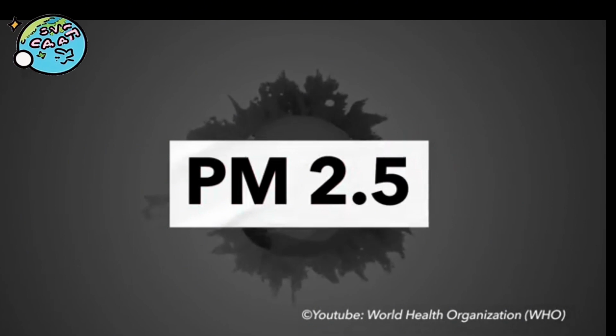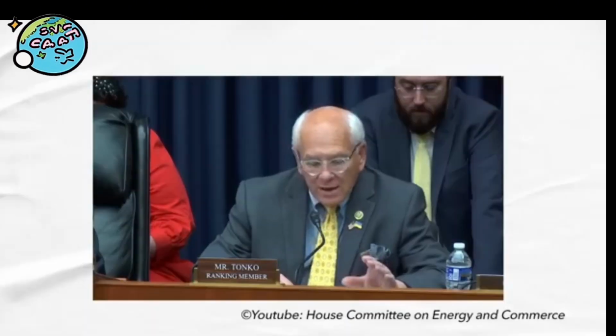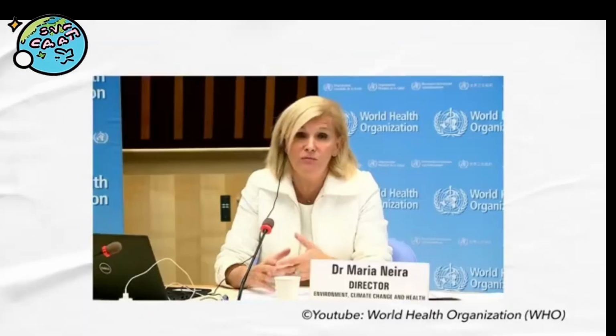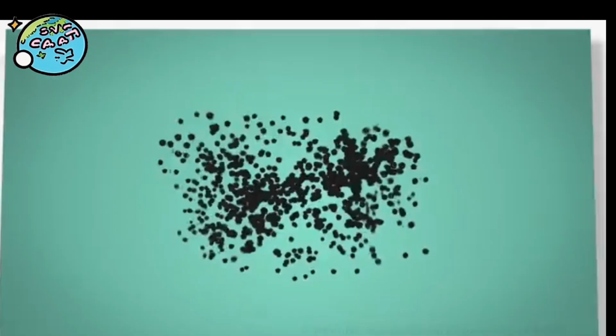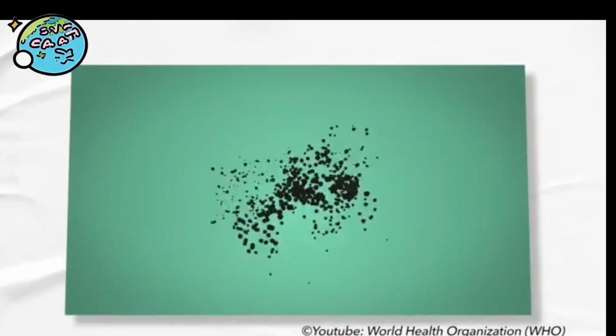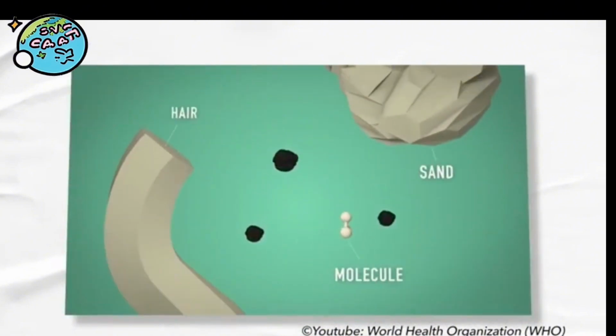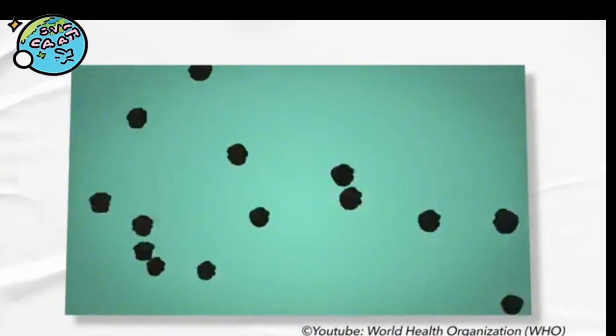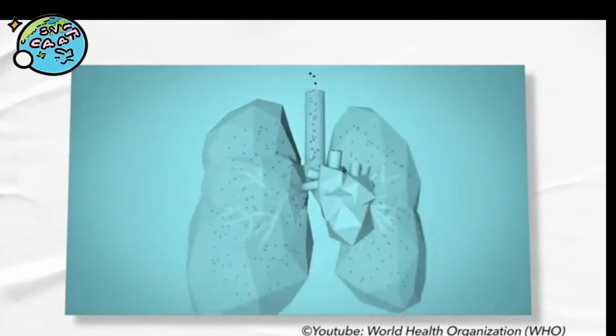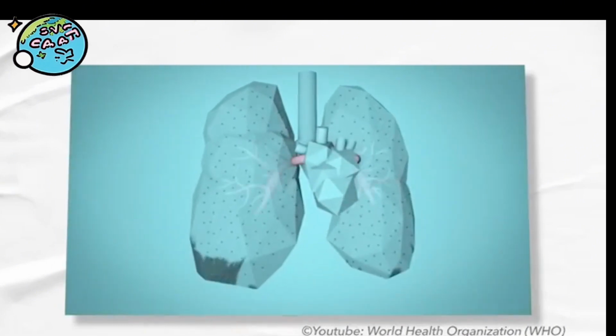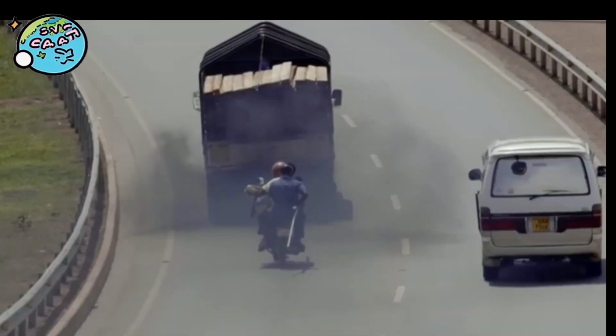PM 2.5. PM stands for particulate matter, a mixture of solid particles and liquid droplets that are 2.5 microns or less, much smaller than a human hair. This is only one type of air pollution, but people like Sophie Gumy from the WHO, the World